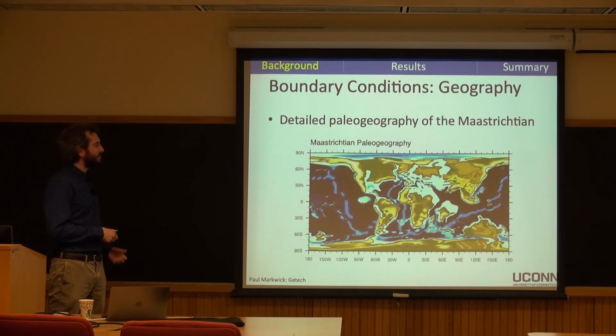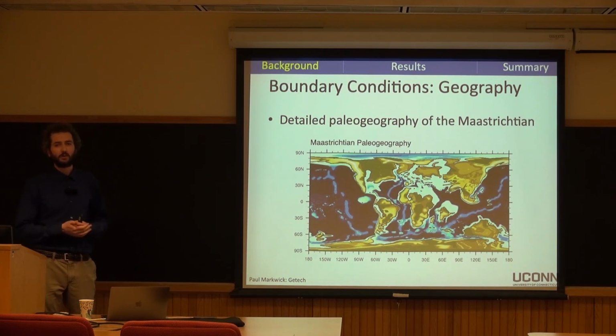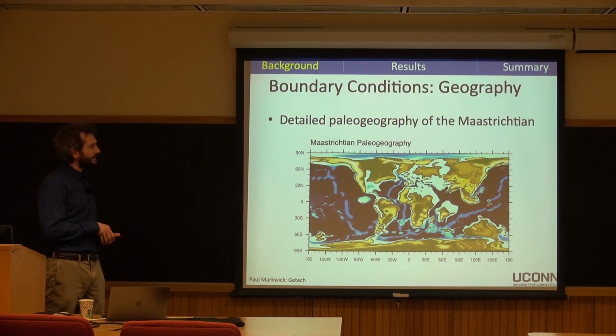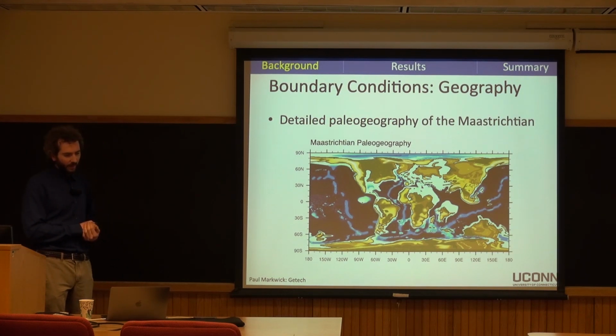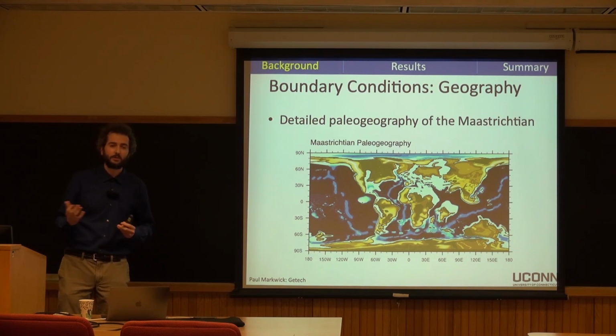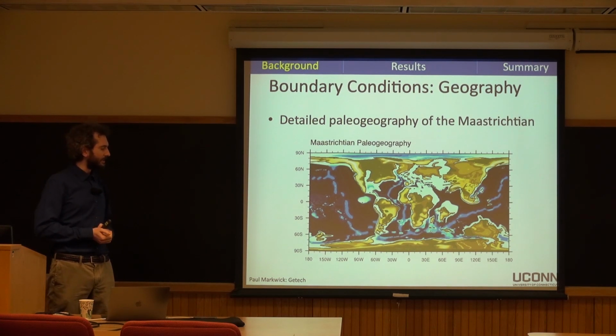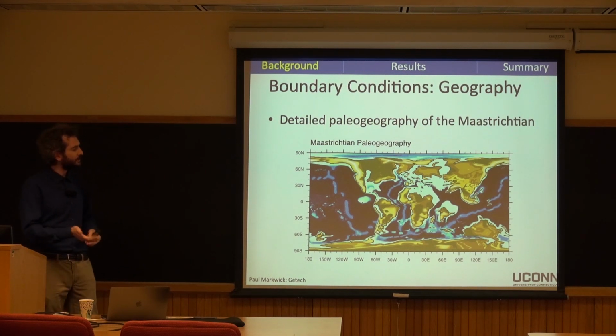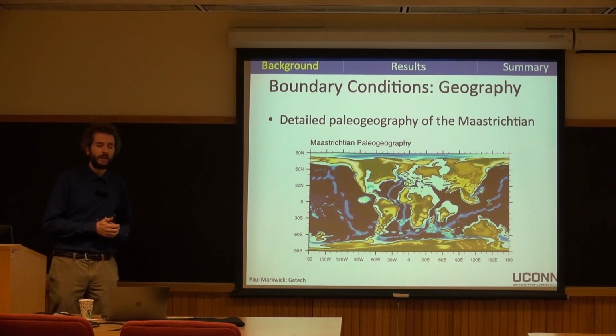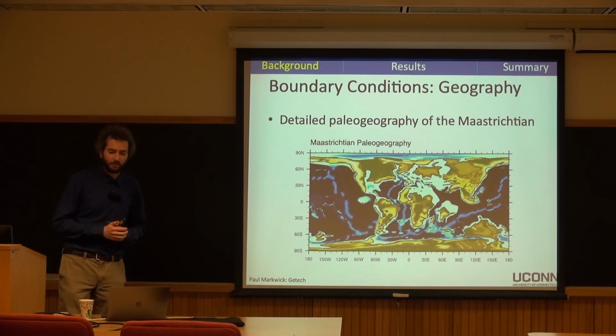And so some differences you might notice is at this time the Atlantic was much more restricted and smaller than it is today. Your Tasmanian Seaway is shut off. You have a Western Interior Seaway still somewhat present in the US. And sea level is generally a bit higher at this time period, in large part because of the lack of ice sheets, as well as seafloor spreading rate differences. So these changes alone can lead to a fairly different climate state than we have in present day.